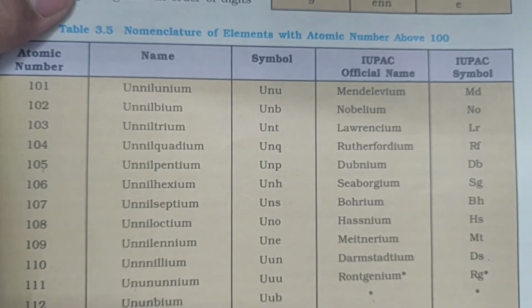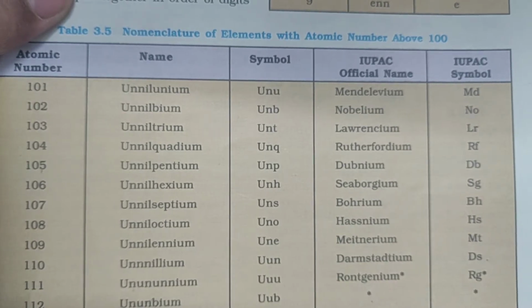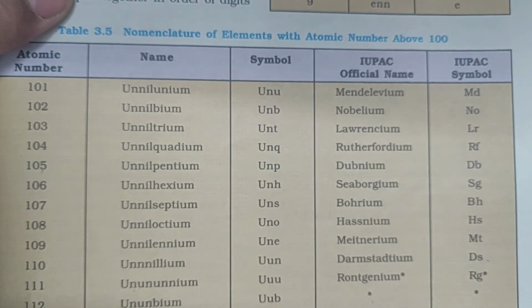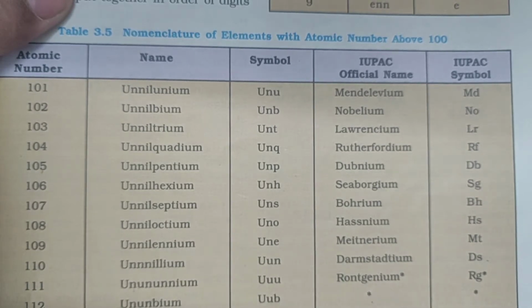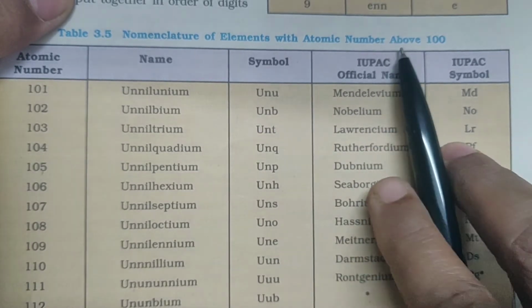Yes, children, we are going to start revising now. So I have started with periodic classification initially. Then we will try doing all the chapters. Now the first topic that I have taken is what is the nomenclature of elements with atomic number above